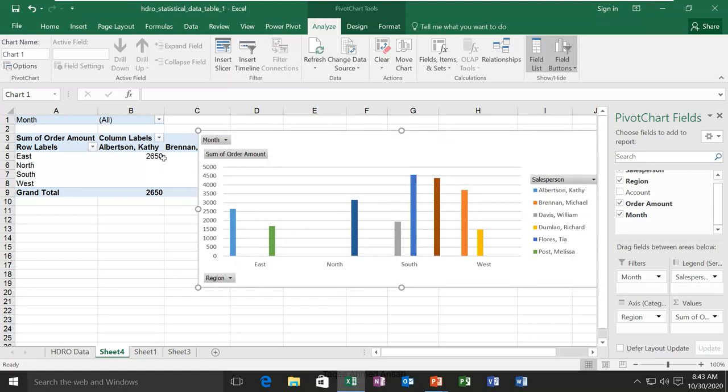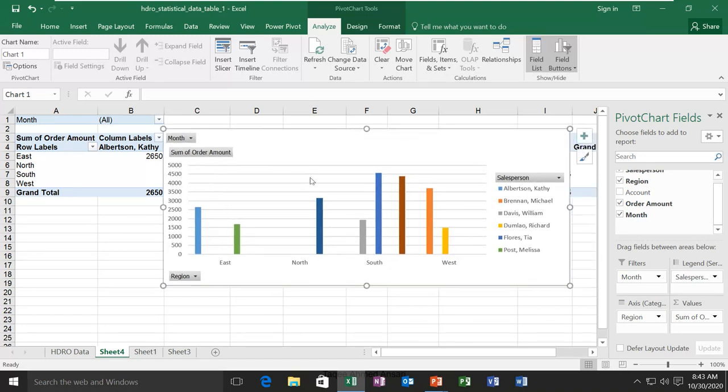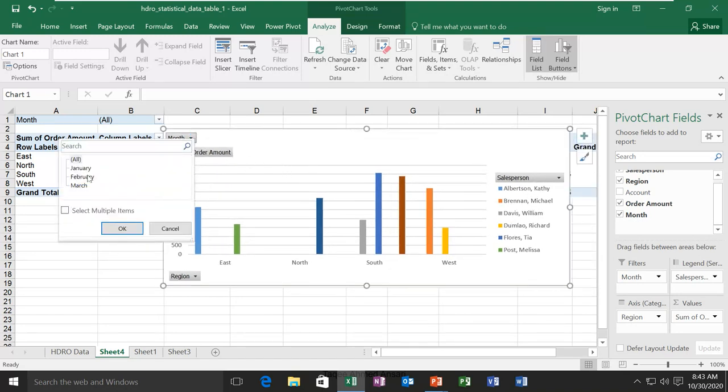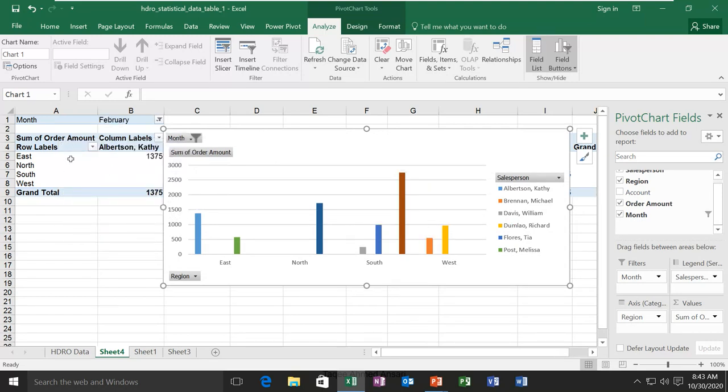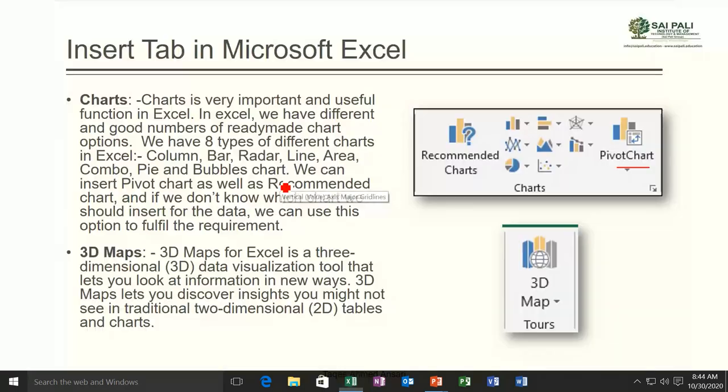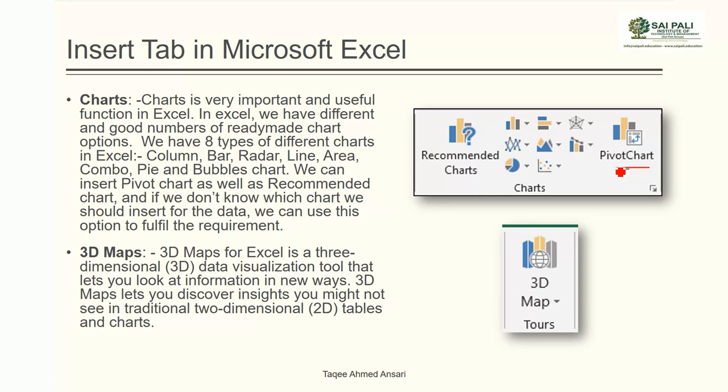So as you can do here, you can do here also. It is visually a table, and this is in a more graphical way. You can filter the data, and it is also filtering in the PivotTable and in the chart.